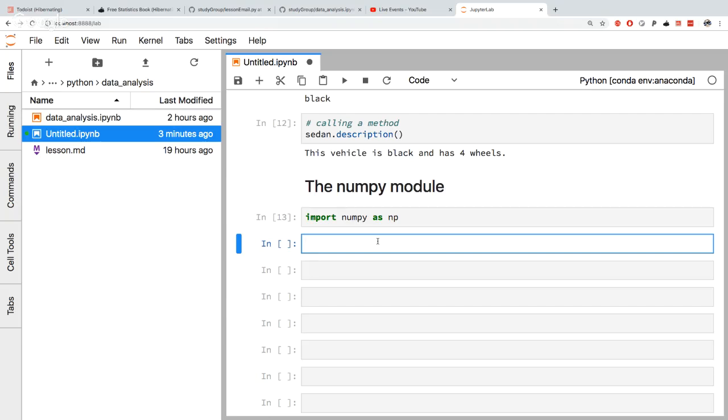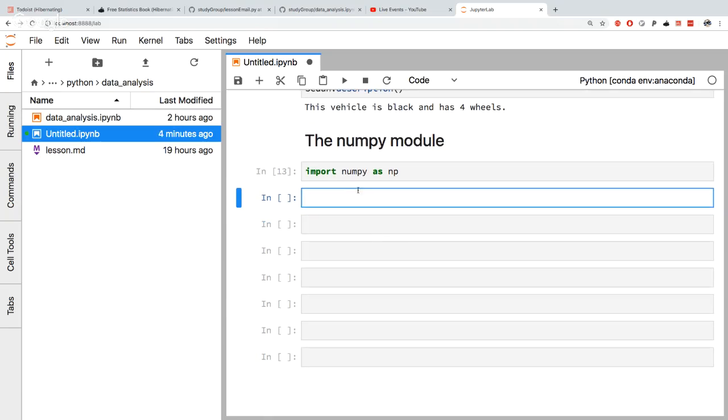NumPy is the backbone, I would wager, of most data analysis libraries in Python. And one of the key object types it offers, and the reason for that, is the array. Arrays allow for incredibly computationally efficient operations, and in addition to that, they're vectorized. So let's actually create one, play around with it, and hopefully we can see some of the advantages it offers. We can create an array, and we'll call it myArray